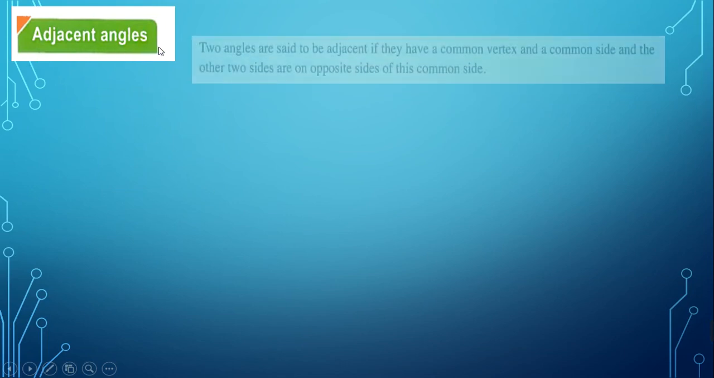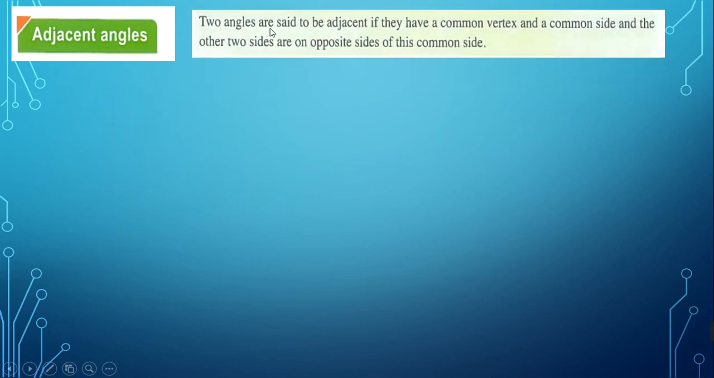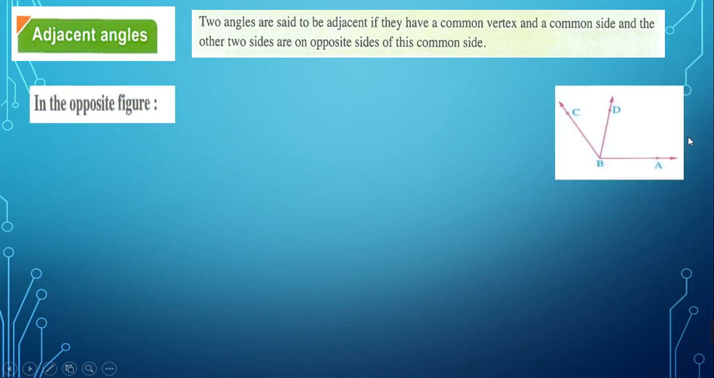Our lesson today: sum of relation between angles. Adjacent angles. Two angles are said to be adjacent if they have a common vertex and a common side, and the other two sides are on opposite sides of this common side. In the opposite figure, the angle ABD and the angle DBC are adjacent. They have a common side BD and a common vertex,